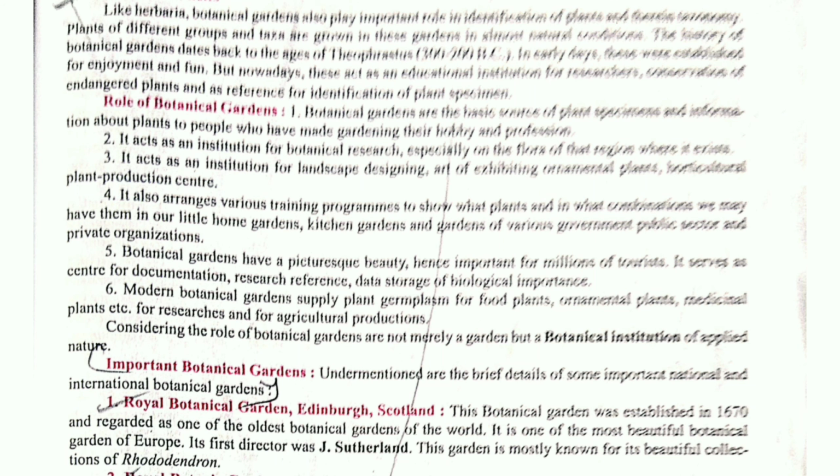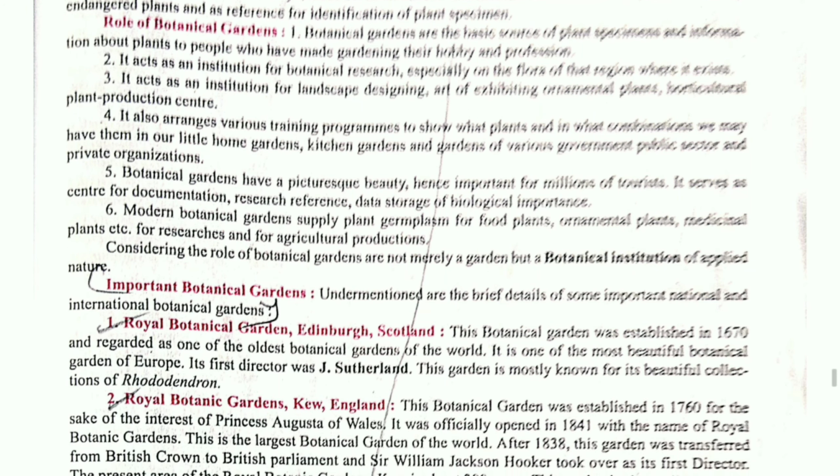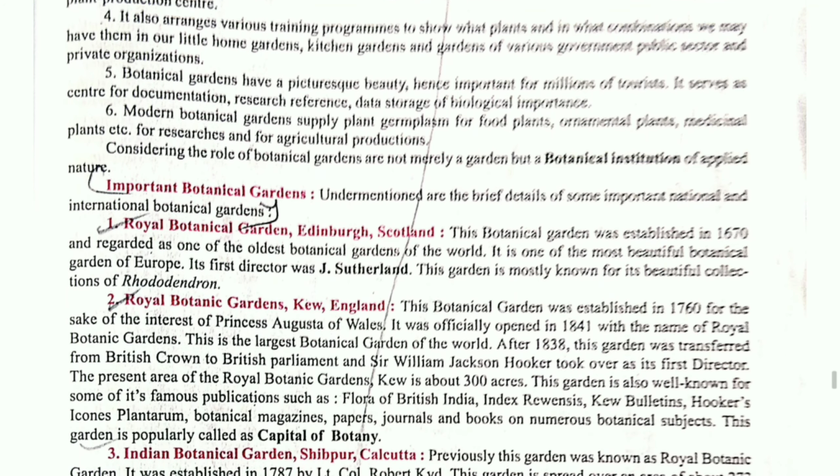You people know very well at your home. You have seen that your mother used to keep a home garden. How did she do it? She will have certain coriander in her garden, along with that certain curry leaves will be there, and so on. What all things are needed in our day-to-day life, that we used to conserve in our home. Okay. Then in a botanical garden, children, proper food and plants are going to be kept properly for conservation purposes.